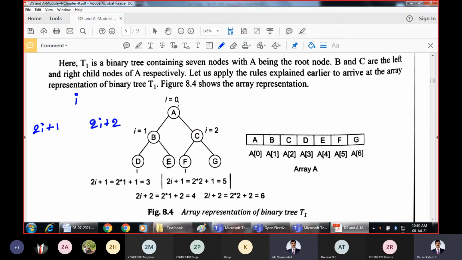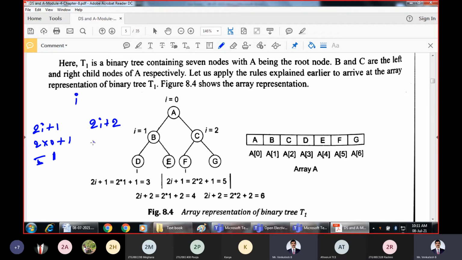So the root node comes first, then the left child of A will be at 2i plus 1. What is i? i is 0. 2i plus 1: 2 into 0 plus 1 is how much? 1. That means the left child of A will occupy index 1. Similarly, the right child of A will occupy index 2.